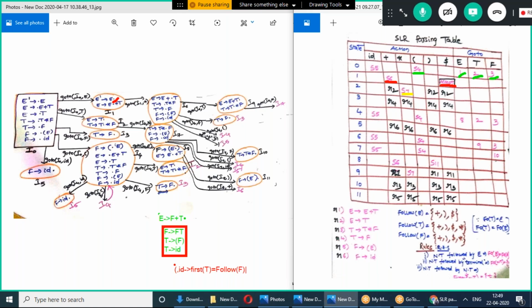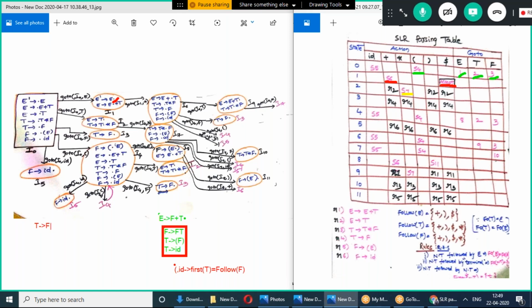One more case here: T tends to F. This is the production.